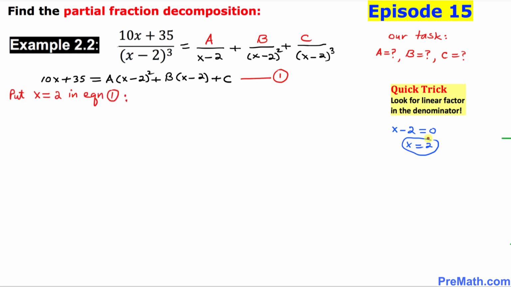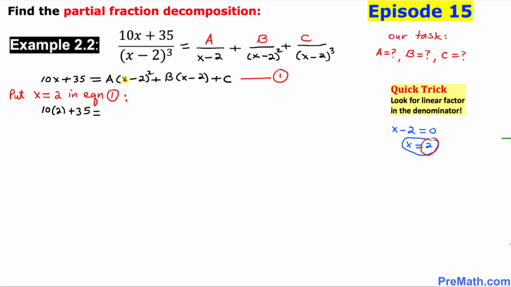And now as we've got x = 2, I have just written down, put x = 2 in equation 1. That means wherever we see x, we are going to replace it by 2. So let's go ahead and do this. The left hand side of equation 1 is going to become 10 times 2 + 35 equals,